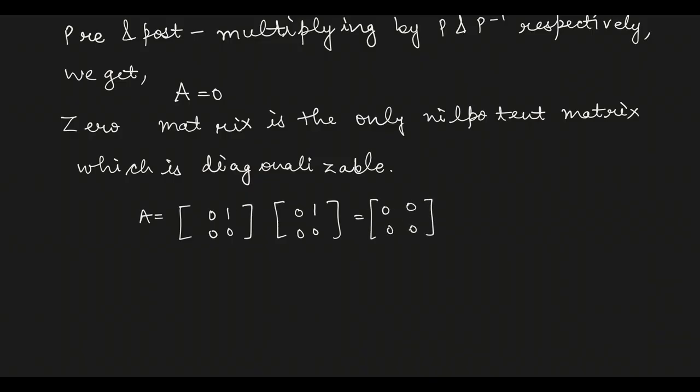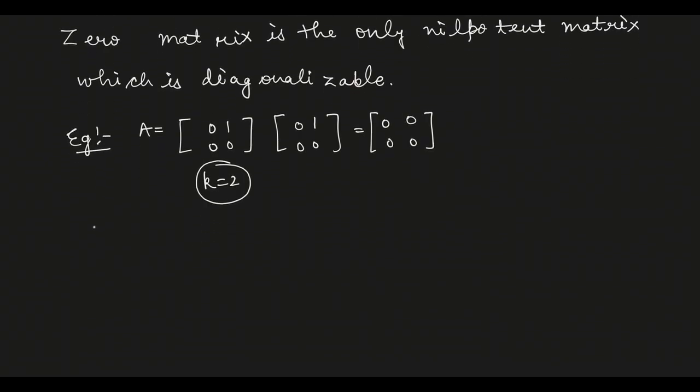So nilpotency index will be 2, no? Yes, ma'am. So by this example and another example,